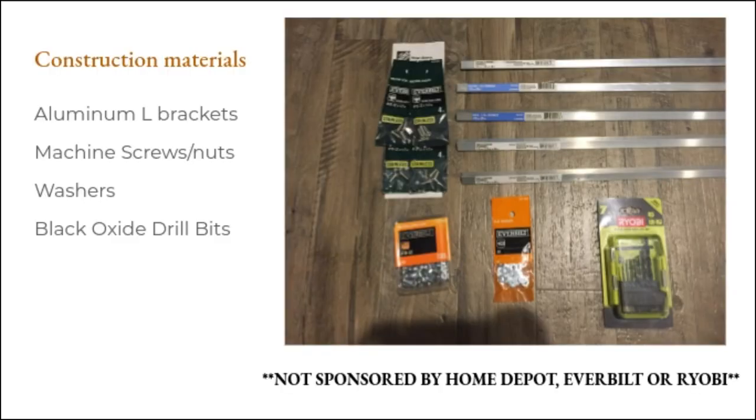For the mainframe, we plan on using aluminum L brackets as it's sturdy and light, so the rover won't get crushed under its weight and it won't bend and twist as the rover moves. The brackets will form a box, which can have a lighter material covering it. We need to be careful of the aluminum frame and electronics, as it can short a circuit if exposed wires